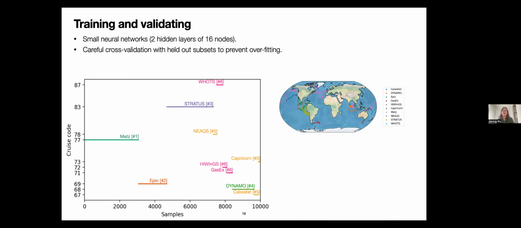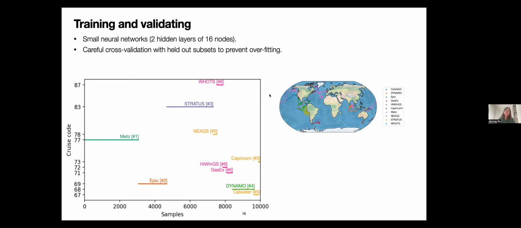Then I moved from synthetic data to the real data I have at hand. That's the PSD data set. We're training really small networks here because the data set is so small. Compared to modern day machine learning, this data set is really tiny. We don't need to do anything super fancy. So I used very small networks, 2 hidden layers of 16 nodes. Just to give you a sense, these networks take about a minute to train on my laptop.